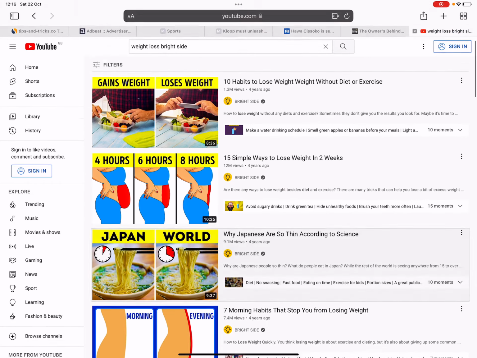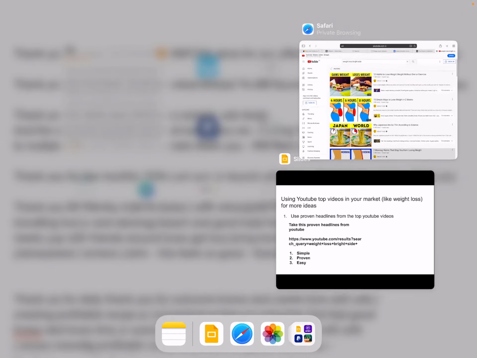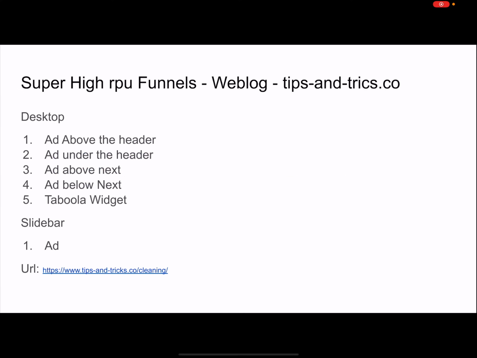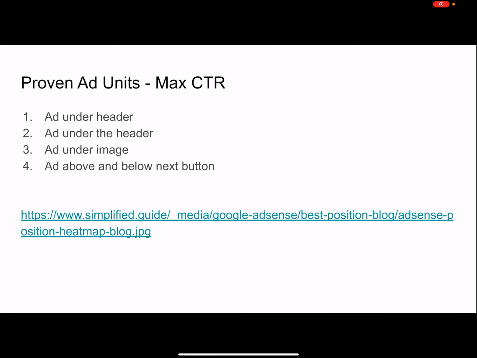These are all ideas from our headlines that you can apply, obviously, to your campaigns to make them even more successful. You can even right click the images, look for similar images to create even more profitable campaigns. And these are some of the ways you can place your ads to maximize the amount of money you make, and so on. And this just helps you really maximize your revenues.